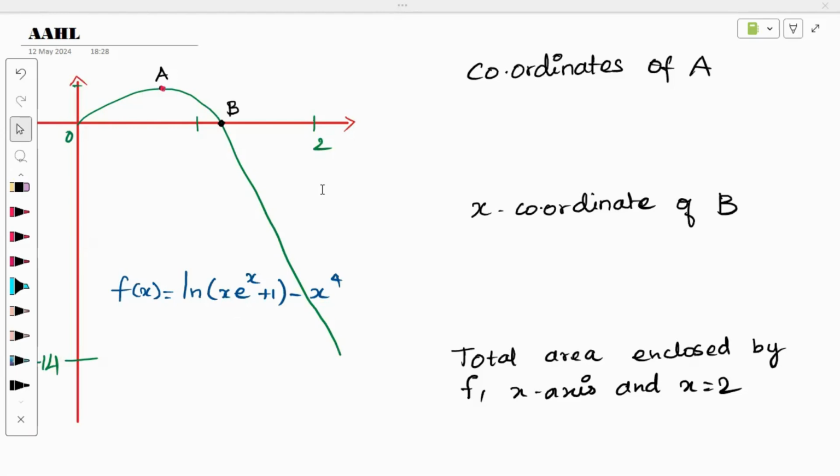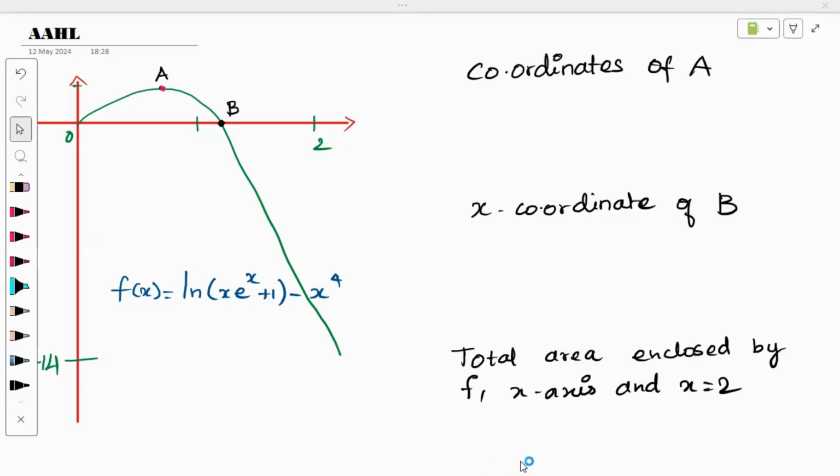So here a graph is given and a few questions based on that. This graph, this function, is f of x equals ln x times e power x plus 1 minus x power 4. Two points have been marked, which are A and B. We need to find them. Then the area enclosed by the graph, the x-axis and the vertical line x equals 2. So this also we can easily solve using